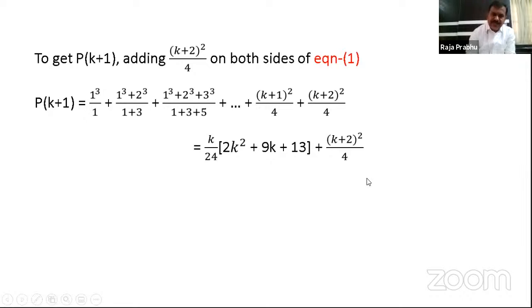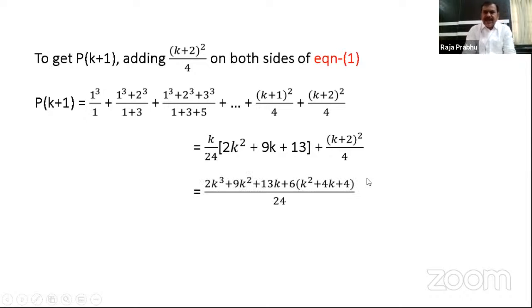So what do we do? Just do the LCM and simplify here. It's very clear. There are two numbers in the denominator, that is 24 and 4. As 24 is a multiple of 4, or 4 is a factor of 24, the LCM of both of them is 24 only. So for the first term I'm writing 24 only, and just multiply the numerator directly and write here. What is that? K into 2k square is 2k cube, plus k into 9k is 9k square, and plus k into 13 is